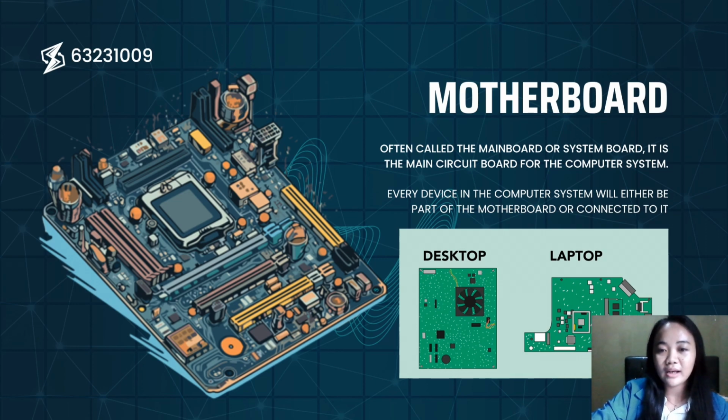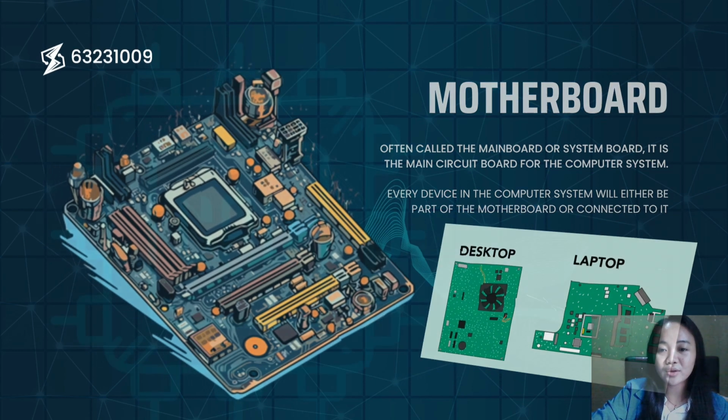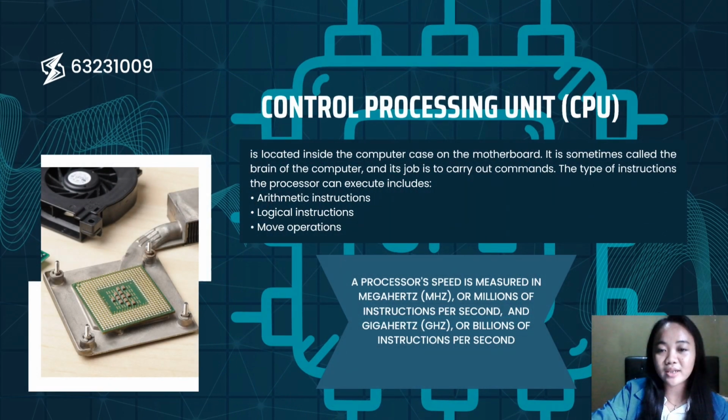2. CPU, Central Processing Unit, is located in the computer case on the motherboard. The CPU controls the activity in the computer system. A computer program consists of instructions, and when the program is executed, the processor is responsible for executing the instructions in an orderly way. The types of instructions that can be executed by the processor include